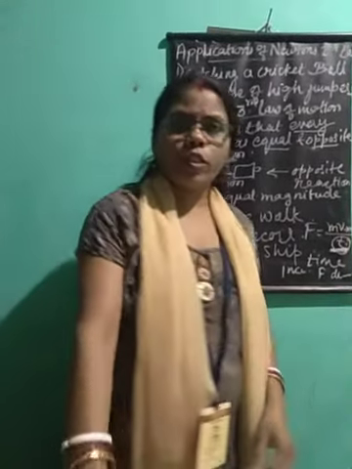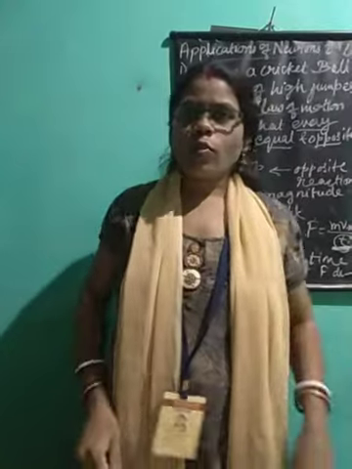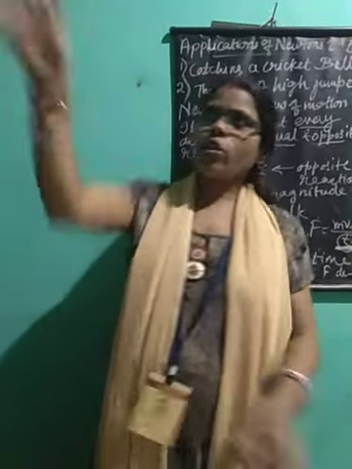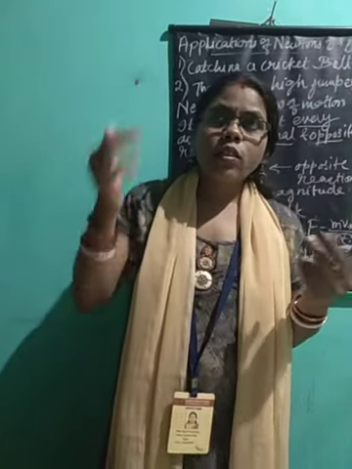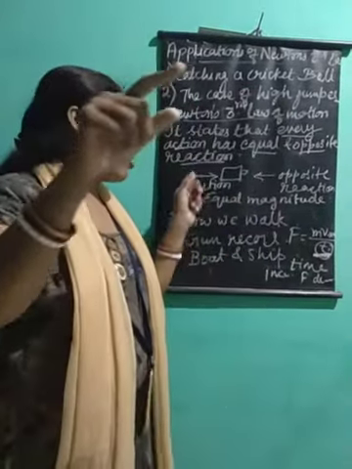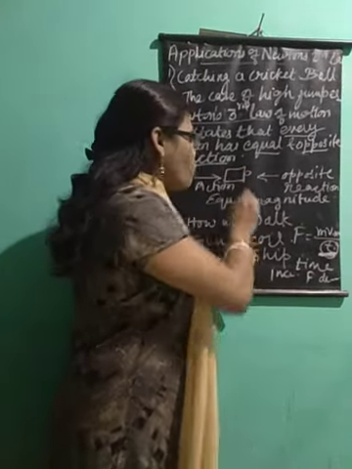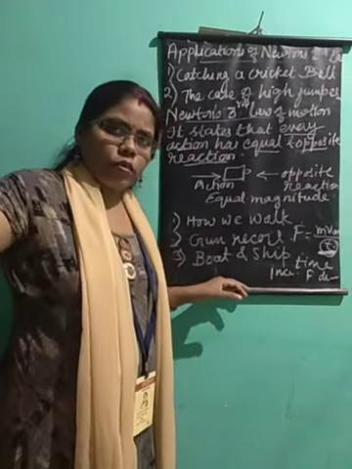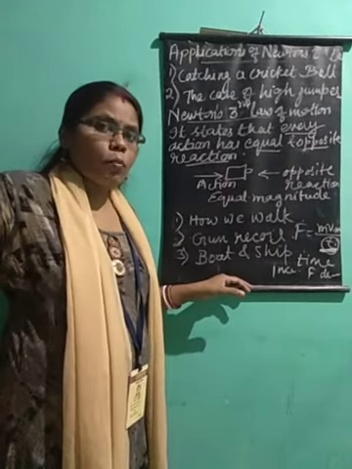Suppose you take a ball. Children, you are there in the class. You just take a ball and hit it on the wall. What is going to happen when you hit the ball on the wall? This ball will come back to you. Now why does this ball come back to you? Because I have applied force. The ball has applied force on the wall. This was an action. The ball is applying force on the wall. This was the action. Now the wall is applying equal force, equal force but in the opposite direction.